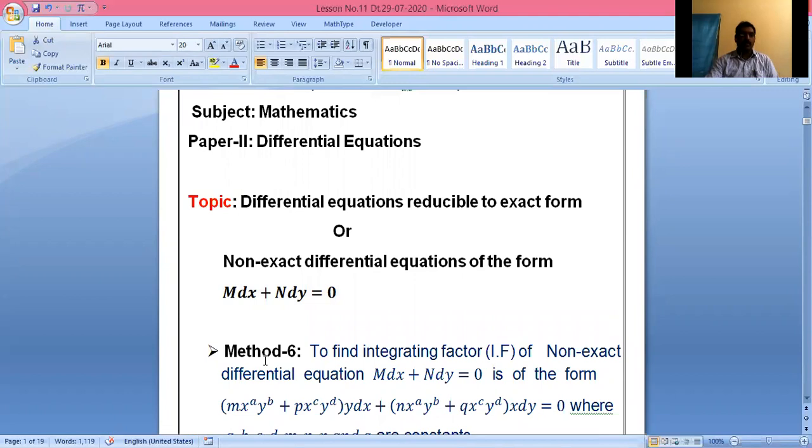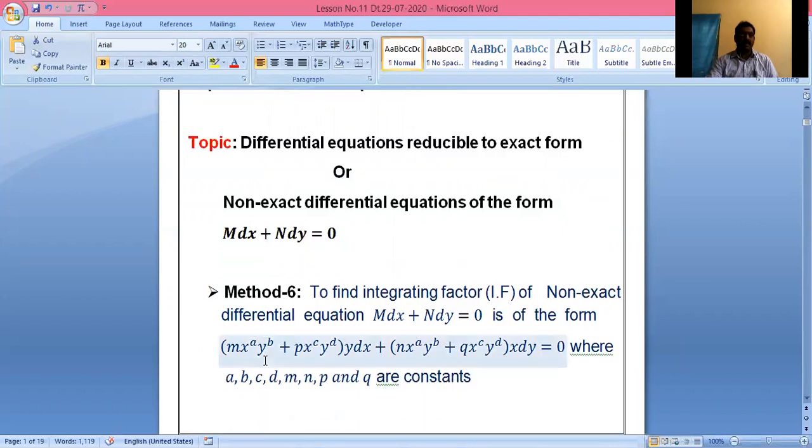In previous videos, so far, we have learned method 1, method 2, method 3, method 4, method 5. In this video, we are going to learn method 6, that is, to find the integrating factor (IF) of a non-exact differential equation M dx plus N dy is equal to 0 that is of the form